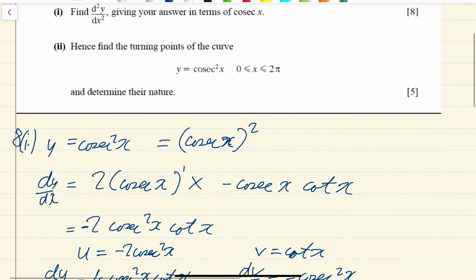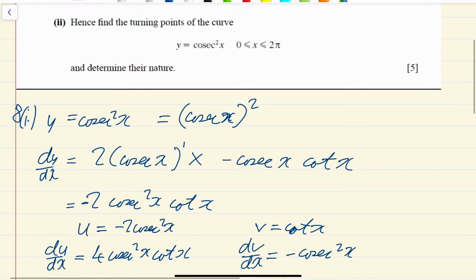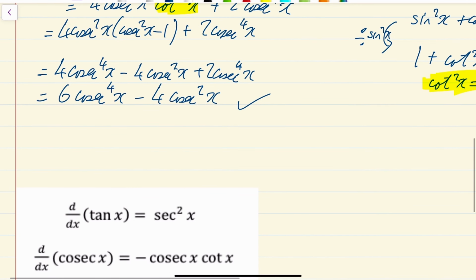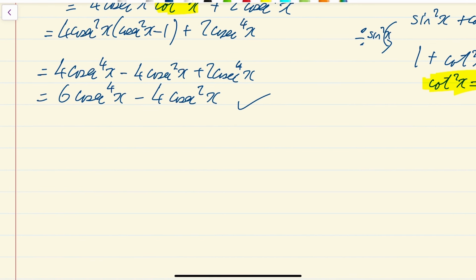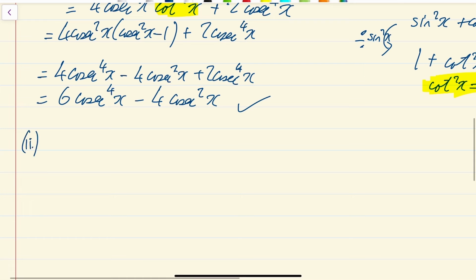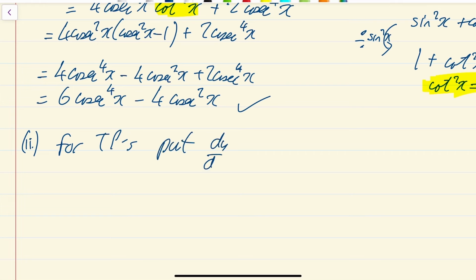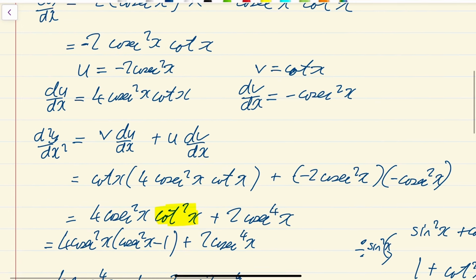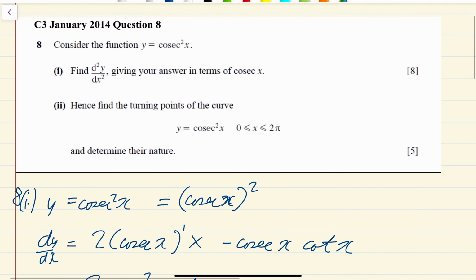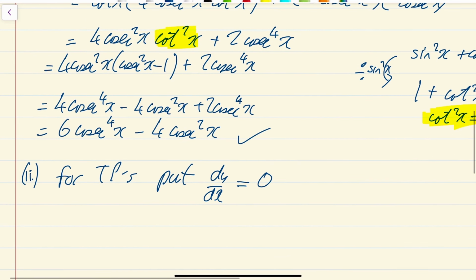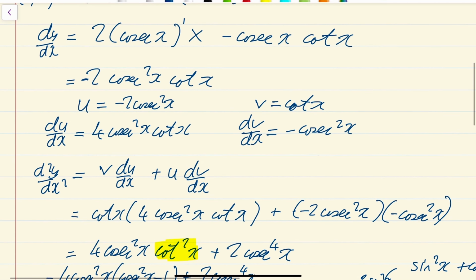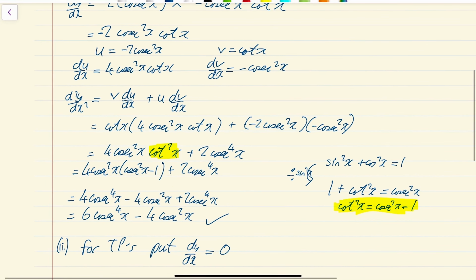Okay, last part of that question says, hence find the turning points of the curve. Not nice at all. So just because you're using hard trig stuff doesn't mean the turning point rules change. For the turning points, what you need to do is put your dy by dx equal to 0. It does say and determine their nature, so we've got to do a whole shebang. So you've got to put your dy by dx equal to 0,